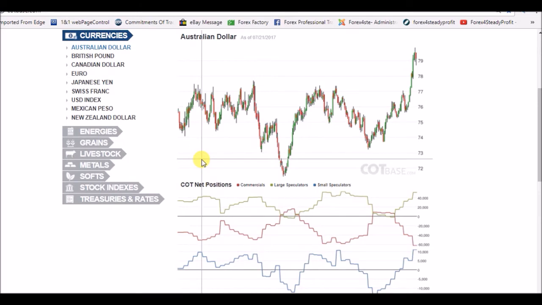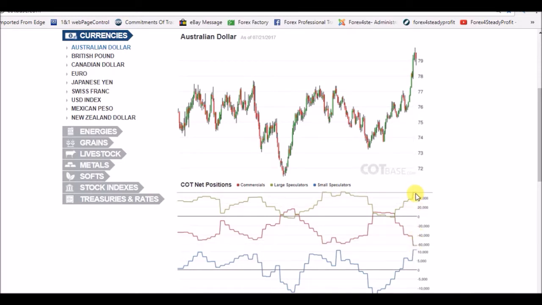There's just three currencies that I'd like to have a look at because I'll be looking at the crosses. The first one to start with is the Australian dollar. Now this is the commitment of traders from Friday, and it shows we had a marked bearish position taken by the commercials. So we're extremely bearish the Australian dollar, whereas the speculators are extremely bullish. This gives us a really high divergence between the two.